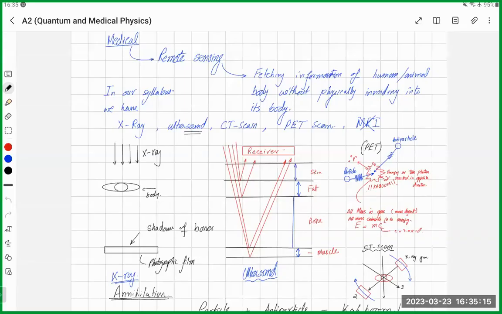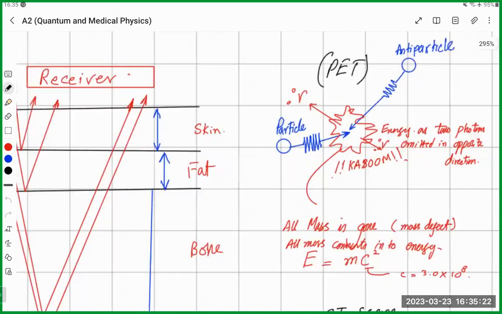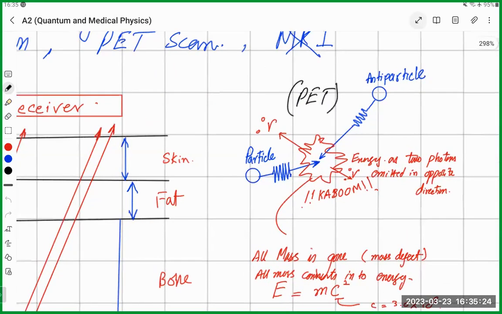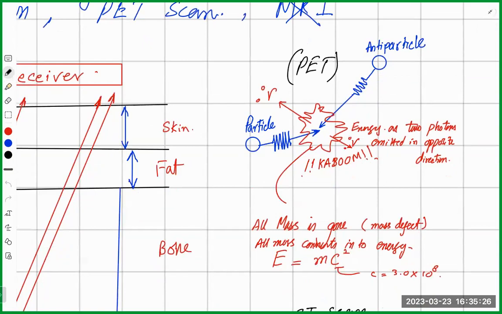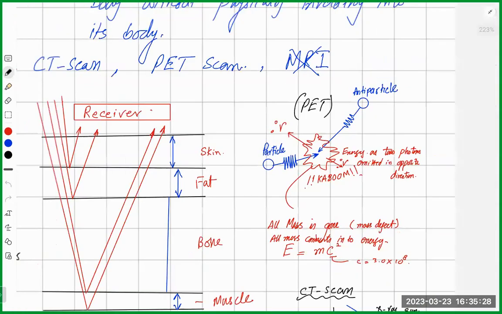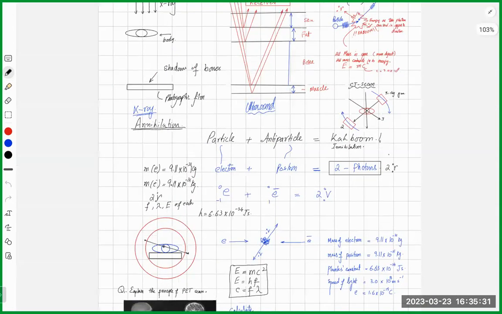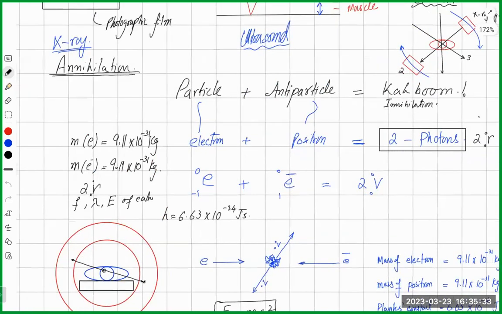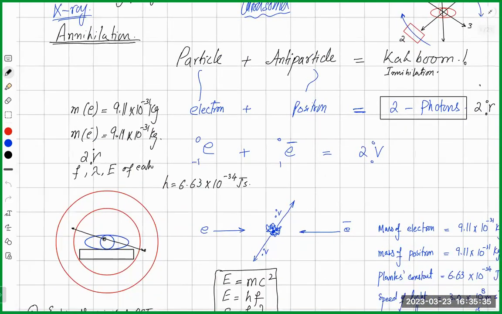Okay. Yesterday we were discussing all kinds of remote sensing, but today we will be focusing on PET scan, which means positron emission tomography. Now, how do we do it? We use a process called annihilation. Annihilation is a particle plus an antiparticle. Whenever a particle combines or interacts with its own antiparticle,